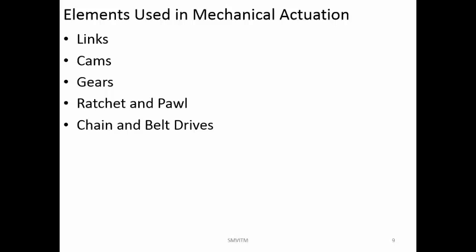Whatever the output of the mechanical actuation system is, that should be predictable, which means if we are giving some movement to any of the elements, we should know beforehand what the output movement is. Otherwise, that particular mechanism or actuation system cannot be used. If it is behaving in a very unpredictable manner, it is not preferable for use as a mechanical actuation system. So we should know exactly what the output motion is for the given input motion. Then only a system can be used as mechanical actuation.